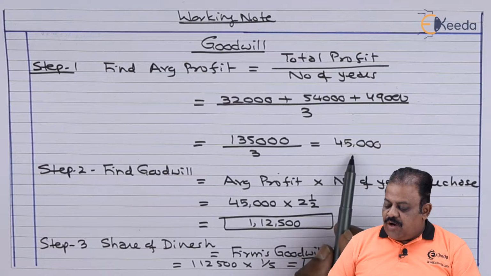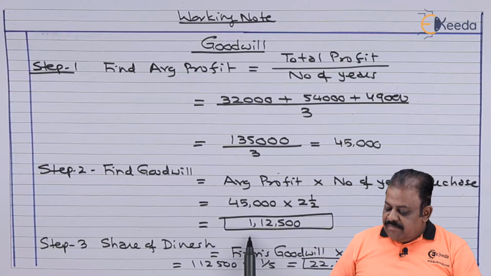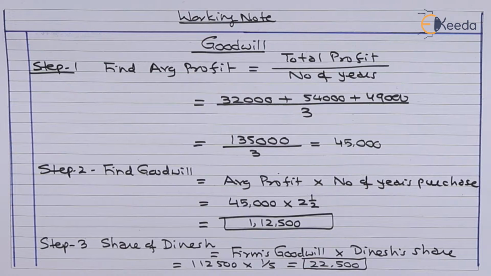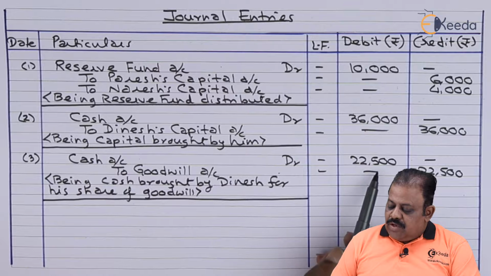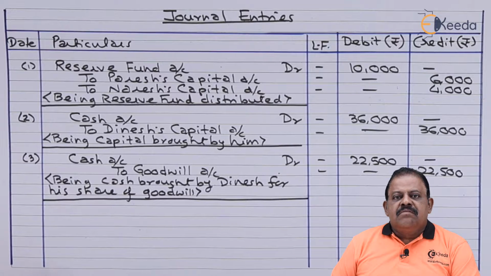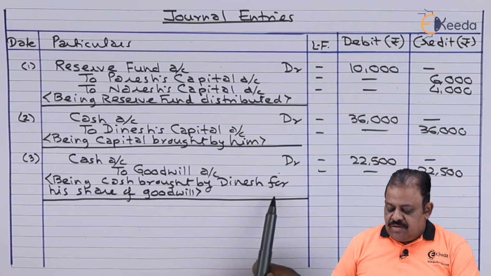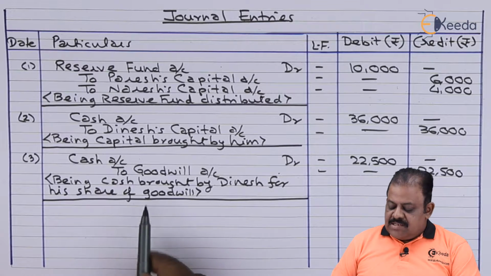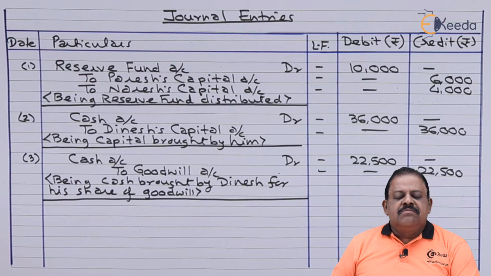Average profit of the firm 45,000. Firm's goodwill we have valued 1,12,500. Dinesh share is 22,500. So he brings cash equal to his share of goodwill 22,500. Cash account debit 22,500 to goodwill account 22,500, being cash brought by Dinesh for his share of goodwill. This is goodwill brought in cash and retained in business. That means this amount will be distributed among all partners and they will not withdraw this amount, which will become